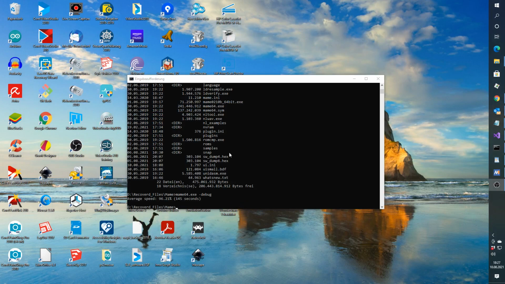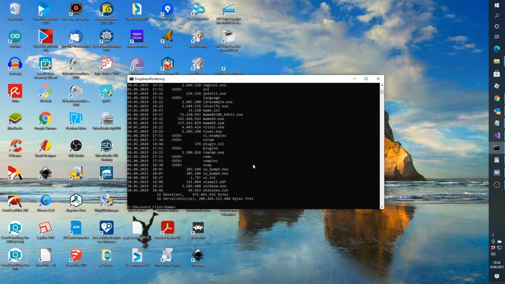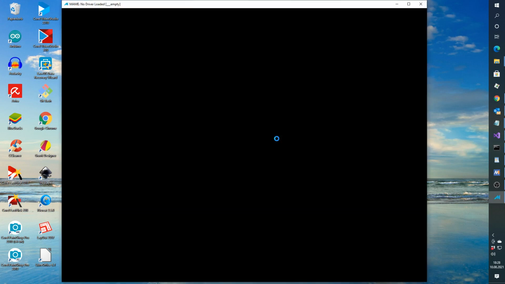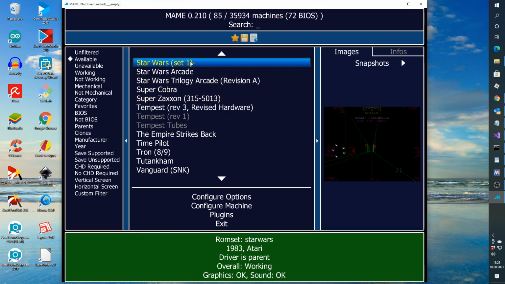We need to go to a command line where we have the MAME software installed, and if we scroll through the directory, we can see MAME64.exe is the right one. So let's run MAME64.exe, and the reason why we go to the command prompt is we want to start it with a parameter, which is debug. So when we do that and start the game,